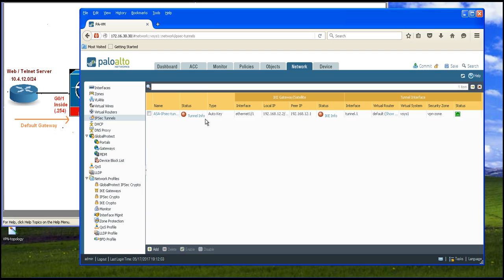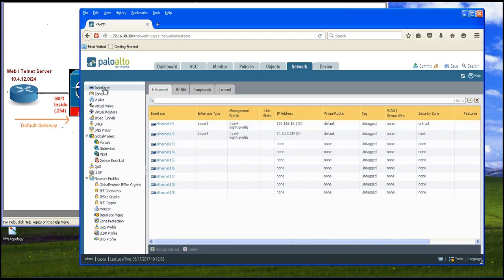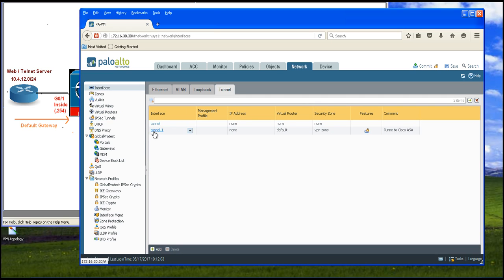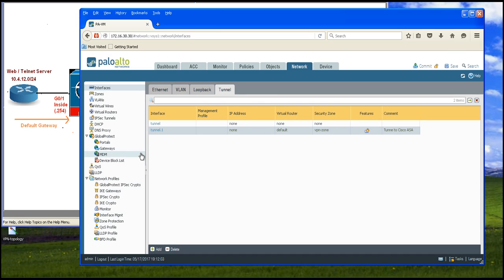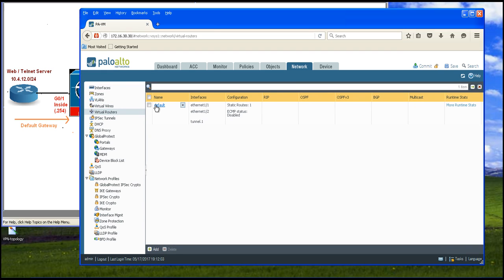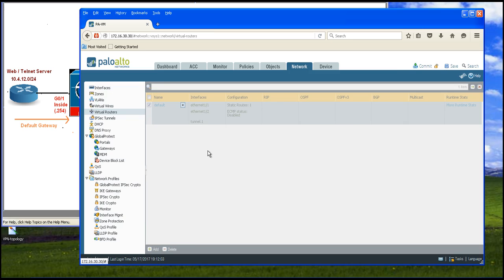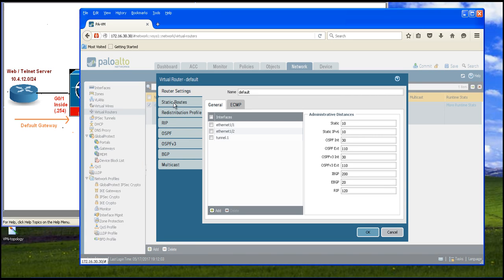The tunnel interface, okay, let me show you that portion. So you have to come here, interfaces, and you need to make use of this tab here, tunnel, and you need to configure this interface here. For this tunnel interface, then you've got to go to the virtual router. This is another step. Okay, default, and under static routes